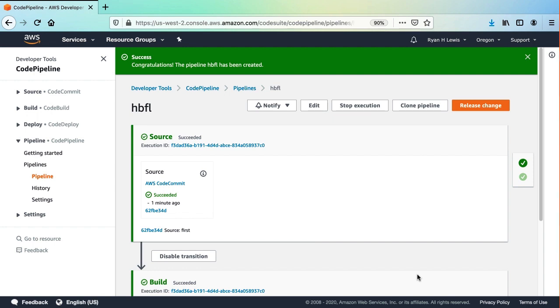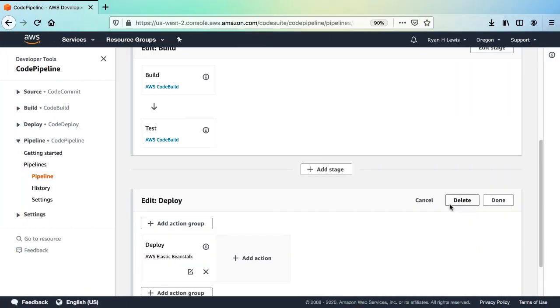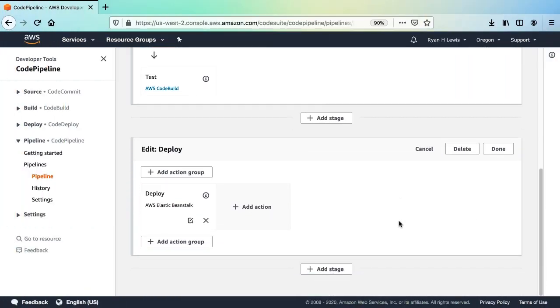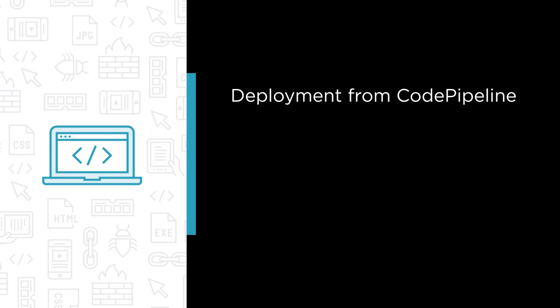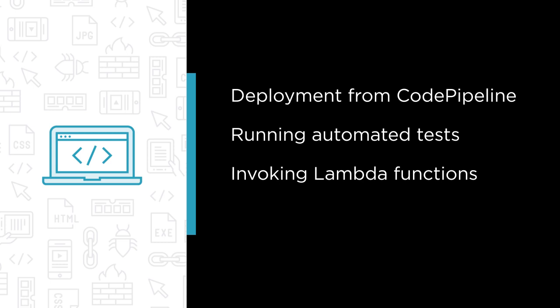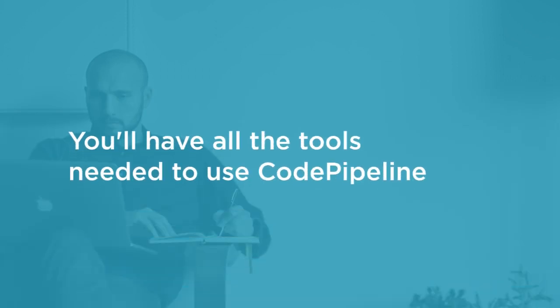and deploying your applications. In this course, we're going to create a pipeline in CodePipeline to build and deploy a demo application. Some of the major topics that we will cover include deployment from CodePipeline, running automated tests, invoking Lambda functions from a pipeline, and CodePipeline monitoring and notifications. By the end of this course, you'll have all the tools needed to use CodePipeline for your CI/CD needs with